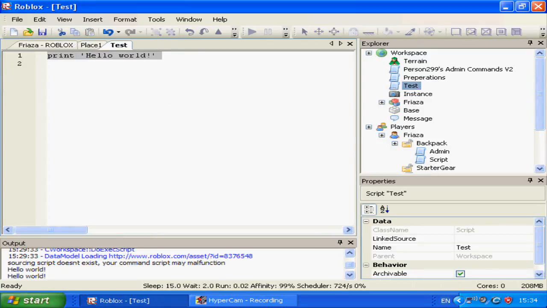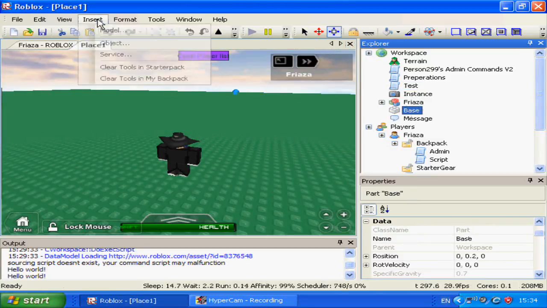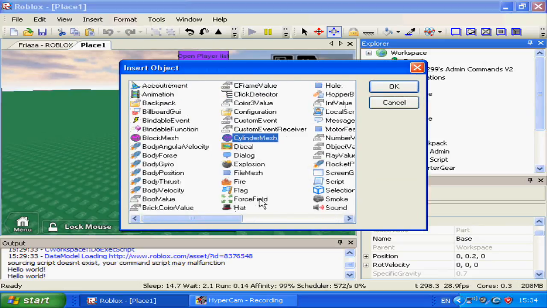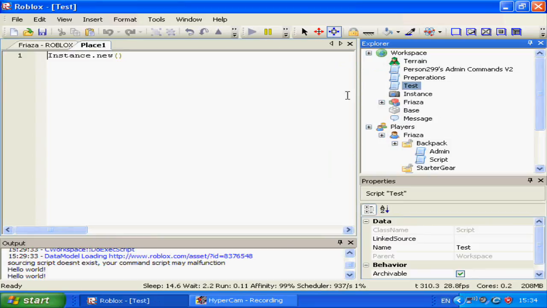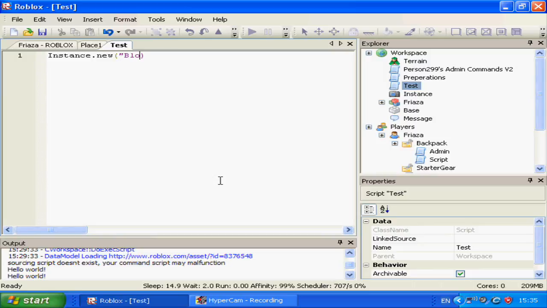To create an instance, you do this. And then you put the name of the instance. To find the name of the instance, you look in the instance menu. Like if you want to add a block mesh, you need to write down BlockMesh like this, capital B, capital M. Now that alone won't do anything, it needs to have a parent,